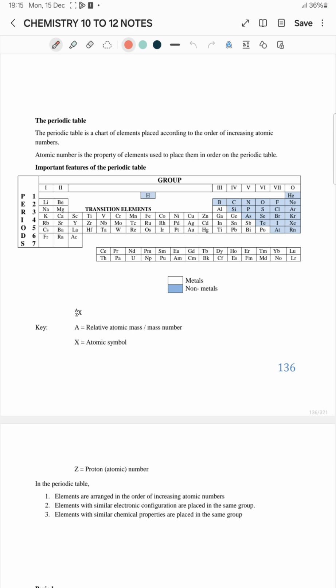Okay, so welcome to this lesson of chemistry. So today's lesson will look at the periodic table. So the periodic table,